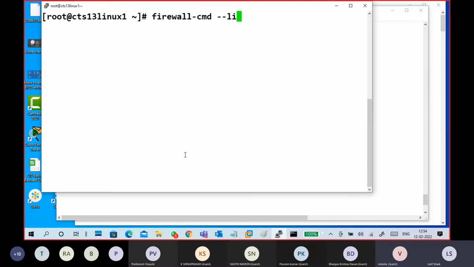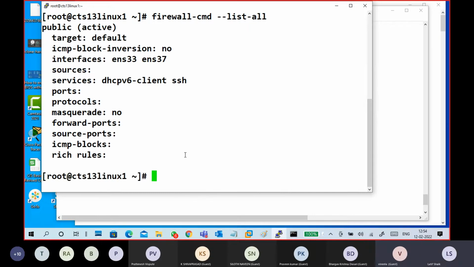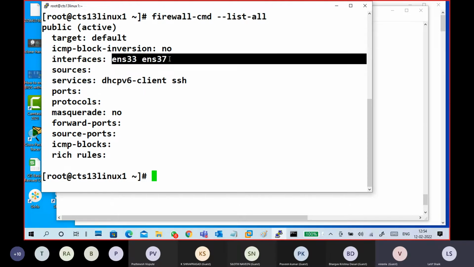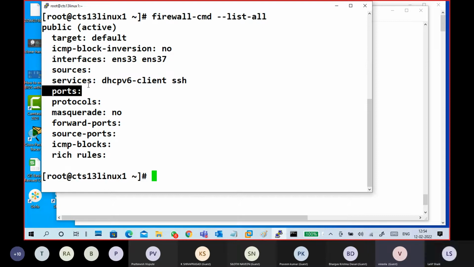firewall-cmd --list-all. So it is showing, see, SSH is open, DHCPv6 client is open, two interfaces. You can give service wise, ports wise, protocol wise. I told only two services and protocols. Okay, so how to give: firewall-cmd --zone=public